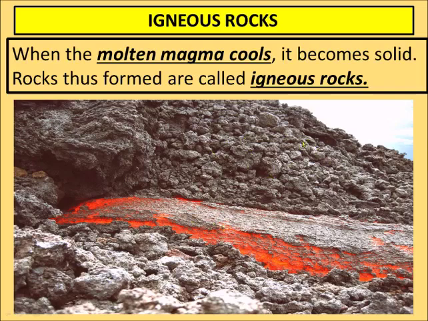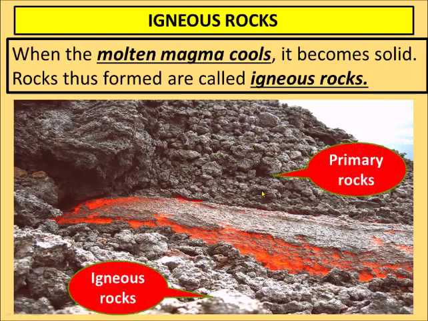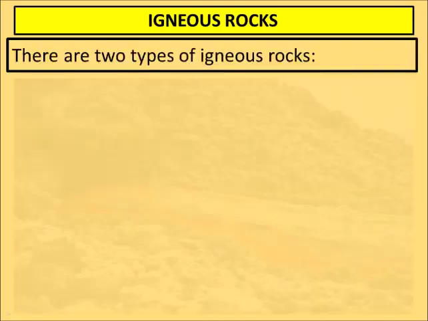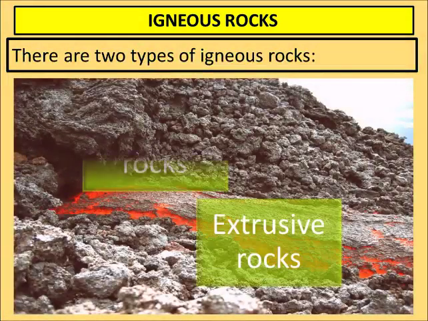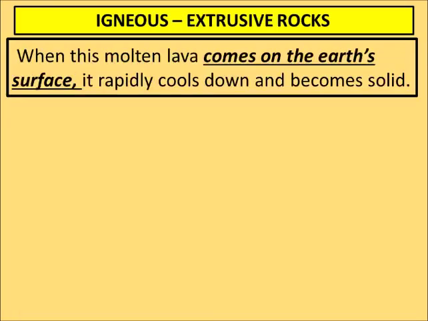As you can see on the left and right side of this lava or magma, there are a lot of rocks, so they are also formed by this magma only. When this magma cools down, it makes igneous rock, and they are also called primary rocks, meaning the main part of rocks. Again, igneous rocks are of two types: one is intrusive rock and one is extrusive rock. Now let us see what intrusive rocks are and what extrusive rocks are.